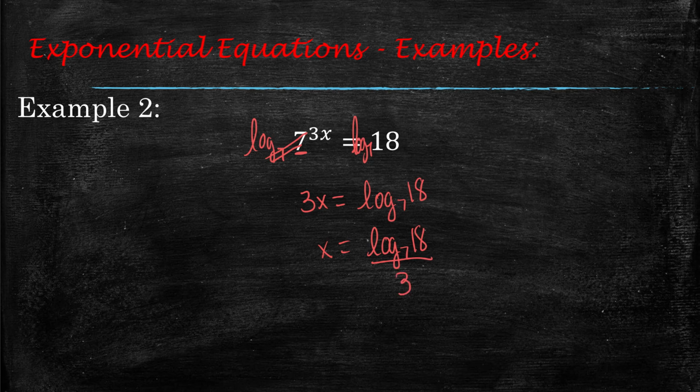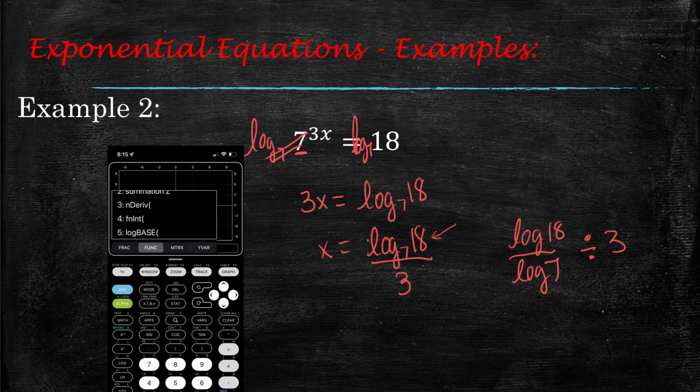Okay. Now let me show you where you can get that on the calculator. You can use the change of base formula like I showed you. So you could do the log of 18 divided by the log of 7. And that's really what we had to do. And then you would take that and you would divide it by 3. And that's what we used to have to do before the graphing calculator actually gave us a shortcut where we can just type this in. And so to do that,